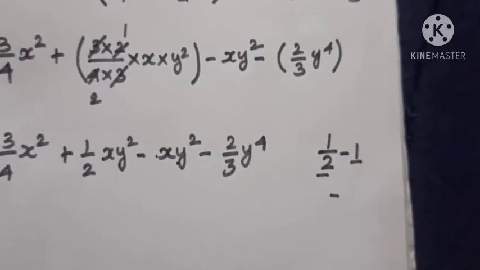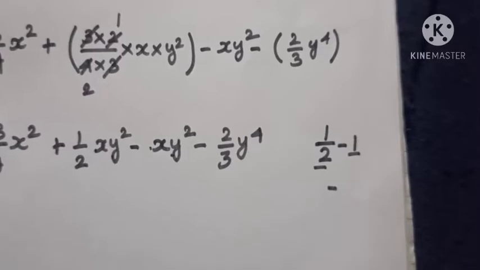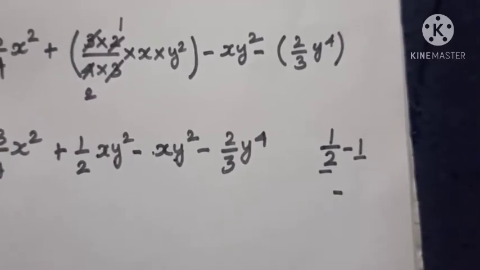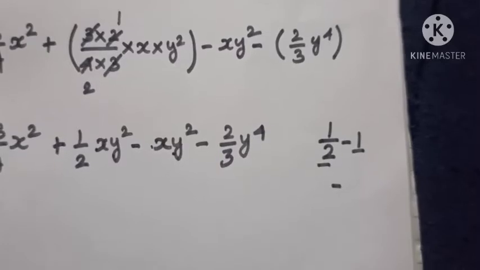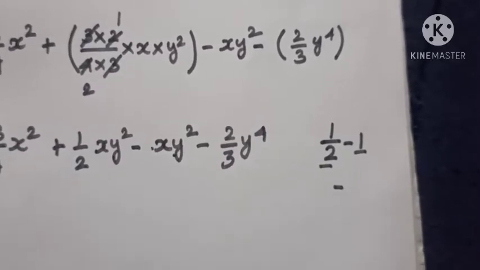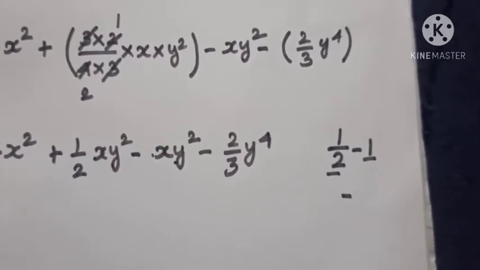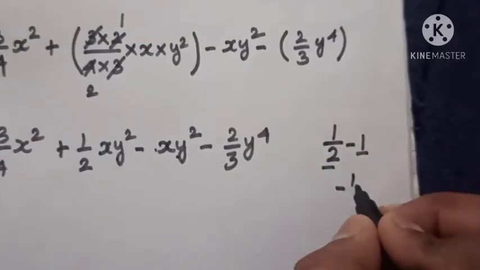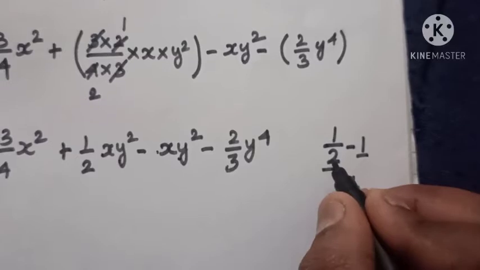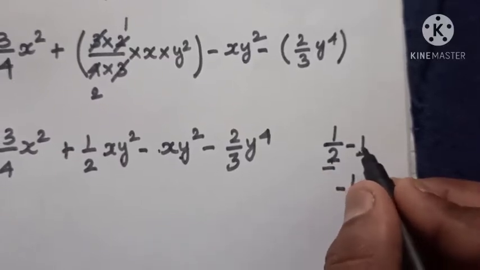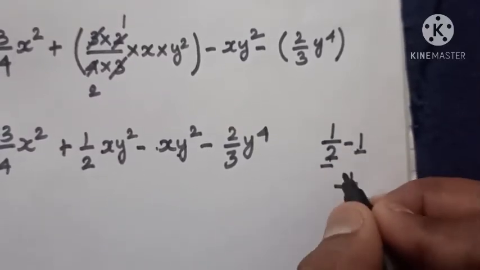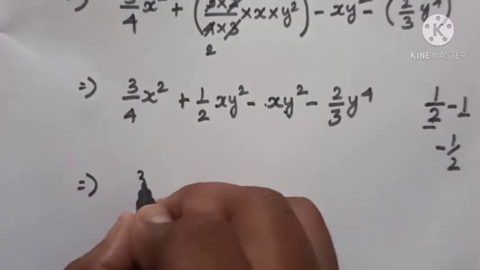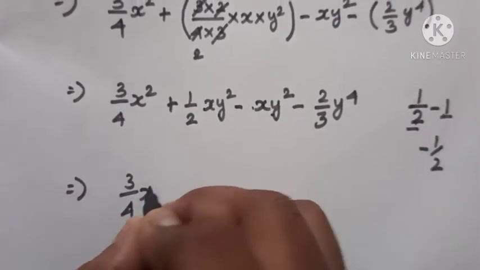So simple logic, you need not do any calculation. We need to subtract half from 1. So half plus half is equal to 1. If you subtract half from 1, you get half only. You just think over it: 2 ones are 2, 2 minus 1, 1 divided by 2. So finally what you get is 3 by 4 x square,